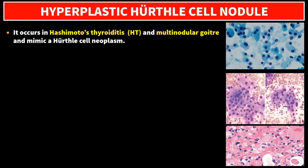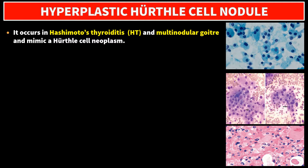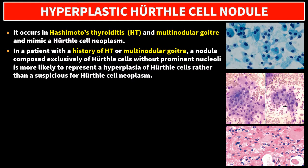Hyperplastic nodule. Hyperplastic Hürthle nodule. It occurs in Hashimoto's thyroiditis and multinodular goiter and mimics a Hürthle neoplasm. In a patient with a history of Hashimoto thyroiditis or multinodular goiter, a nodule composed exclusively of Hürthle cells without prominent nucleoli is more likely to represent a hyperplasia of Hürthle cells rather than a suspicious for Hürthle cell